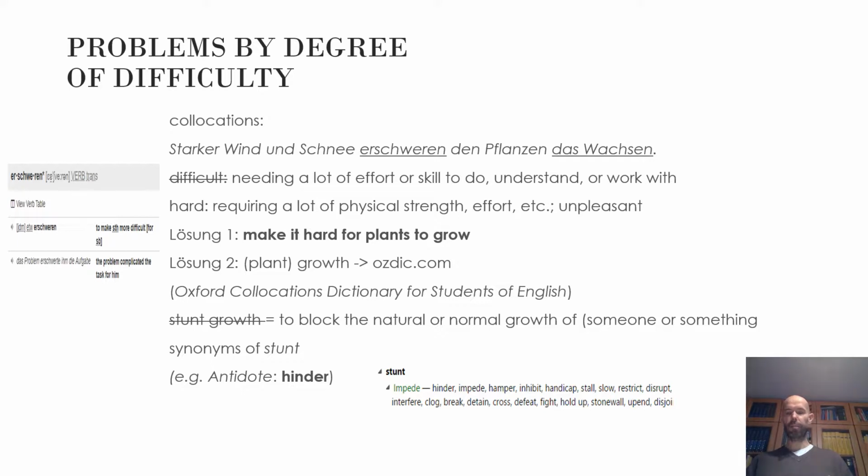Unfortunately, if we look this up, normally I would recommend looking it up in Osdic.com, for instance, the Oxford Collocations Dictionary for Students of English. What we find there is "stunt growth", but that's not quite the same thing as "erschweren", because stunt really means to block the natural normal growth, so to really stop it fully, which is not quite the same as